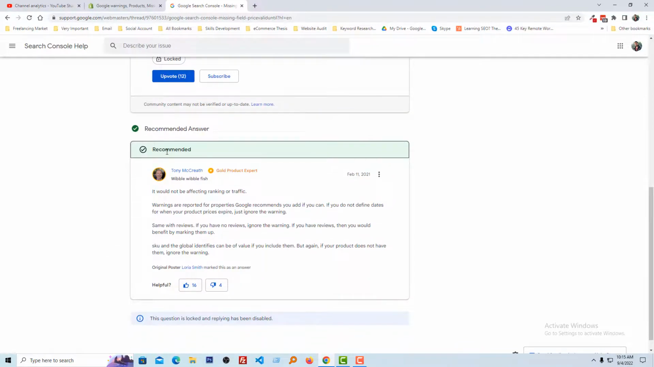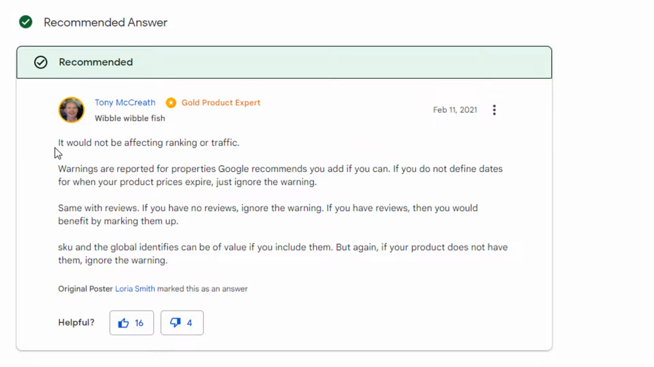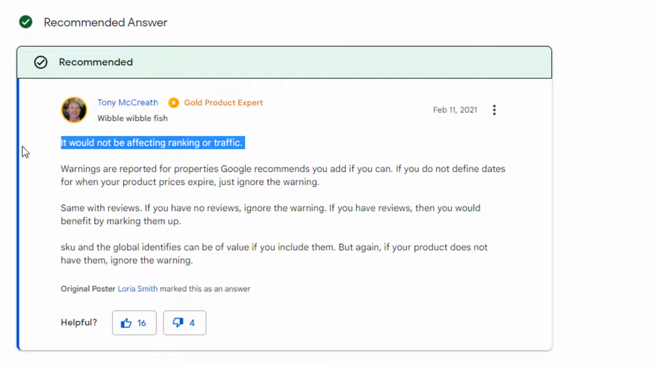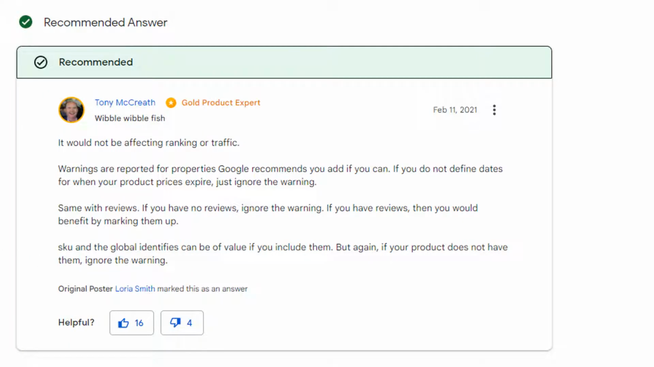Here is Google's recommended answer. First of all, he shared that it would not affect ranking or traffic, so you need not worry about that. Warnings are reported for properties Google recommends you add if you can. If you do not define a date for when your product price expires, just ignore the warning. Same with review. If you have no review, ignore the warning. If you have reviews, then you would benefit by marking them up. SKU and global identifiers can be of value if you include them, but again, if your product does not have them,